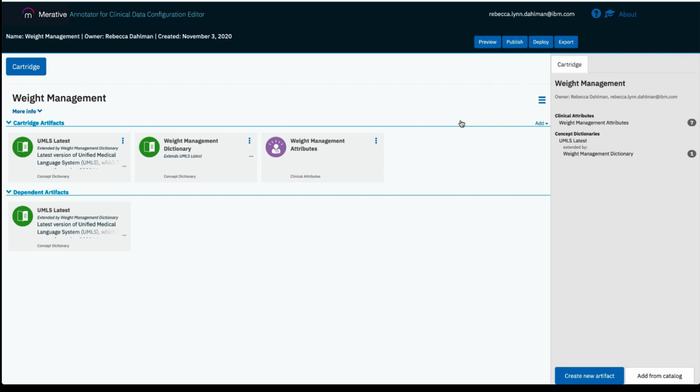Configuration Editor. For our demonstration today, I have a cartridge that annotates pertinent clinical attributes for a patient regarding a weight management visit. In this scenario, we've created a number of attributes that annotate information, such as the patient's age and gender. Our scenario also includes a few cases where we will customize the values associated with the attributes we